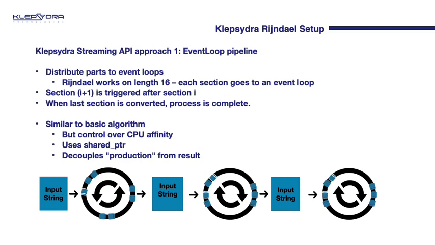In the case of Rijndael, this is quite straightforward because Rijndael encrypts block by block. So first the first block of 16, then the next blocks, etc. So one way to implement the algorithm with Klepsydra, and this is a very simple and simplistic example, the first 16 block is processed by the first event loop, the second 16 block by the second event loop,